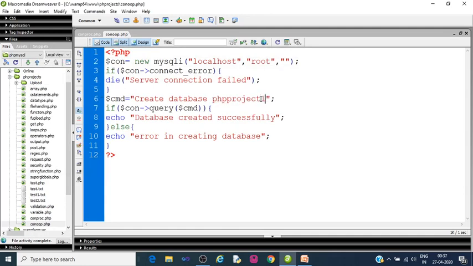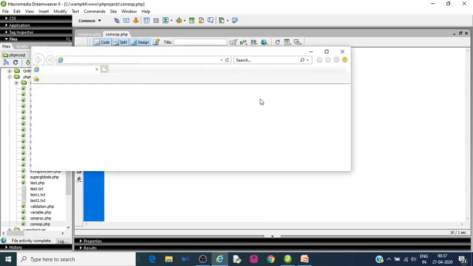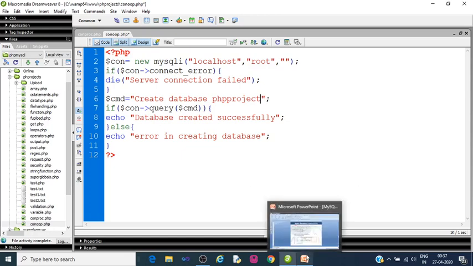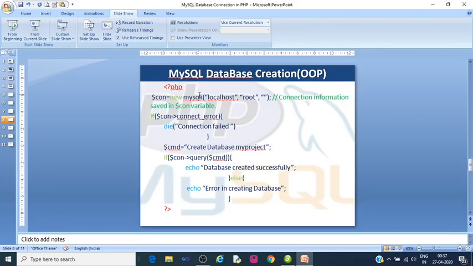Save it, press function 12, database created successfully. So we can create either from the procedural method or the object oriented programming method, and we can use both databases in the OOP way or in the procedural method.